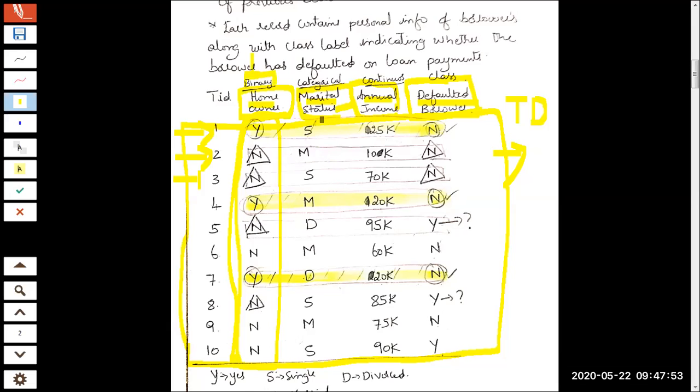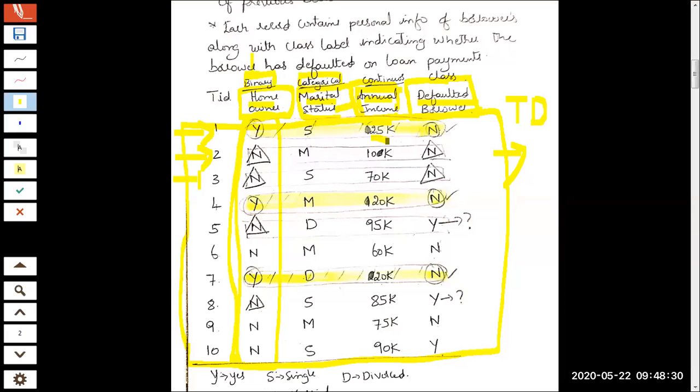In the second case, marital status: single, married, divorced. Once again, it is categorical. We have three groups here, so it is a categorical attribute. The third column, you can see, is the annual income. It is continuous, because income can start from 1 rupee and it can go maybe up to 1 crore, 2 crore, 10 crores at the CEO level. We are aware of it. So it is continuous. It can take any value and the range is very large. If you have a very large range, as we had already seen, it is continuous.